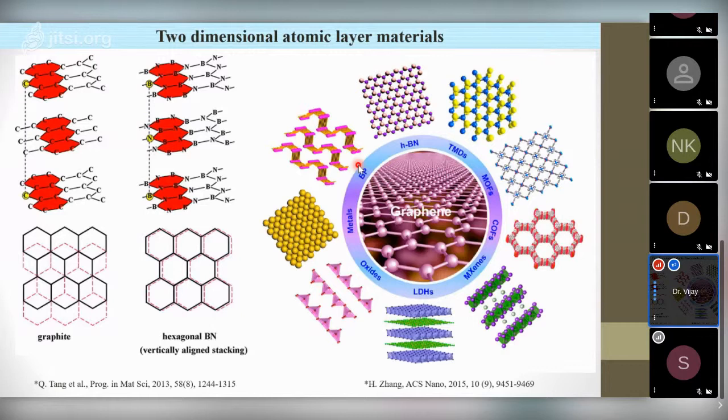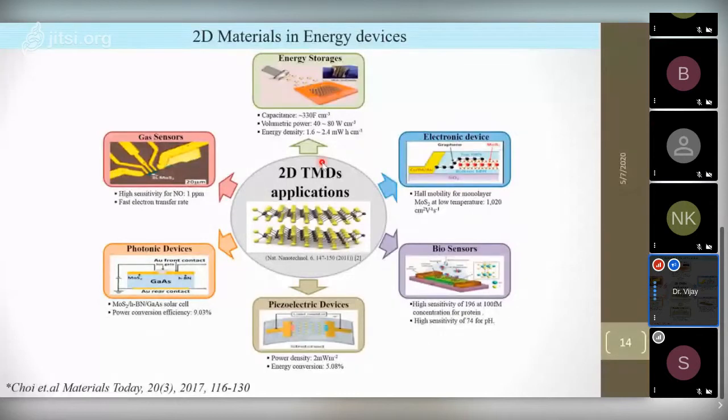So these are already a layered structure, so you can just peel off a single atomic layer. So the nano is now down to a single two-dimensional, single atomic layered material. We have extensively worked on these types of materials, in particular two-dimensional molybdenum disulphide. There are quite many applications, like in carbon.